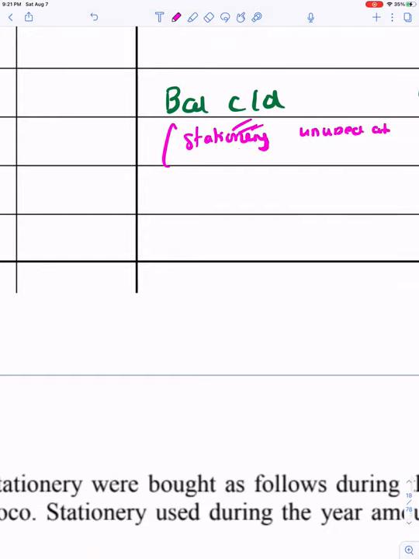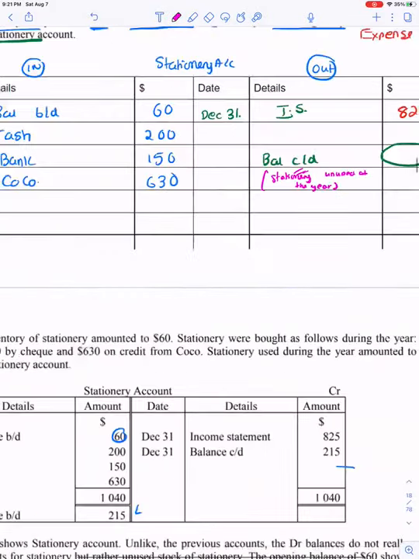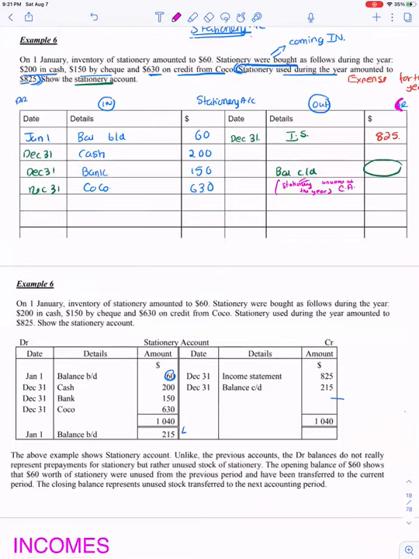This still belongs to you and would appear in the statement of financial position under the heading current assets as stationery or stock of stationery. Okay, we would close the debits. We would close the account. The one which is heavier, we'll write the total on both the sides. The debit would always be heavier, because you will have a closing balance of stationery.